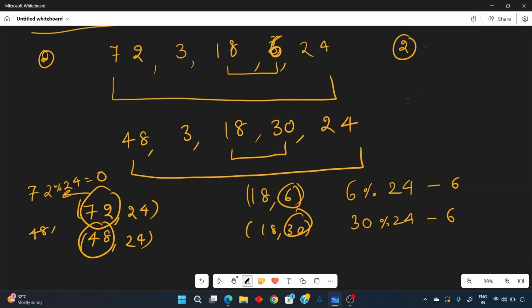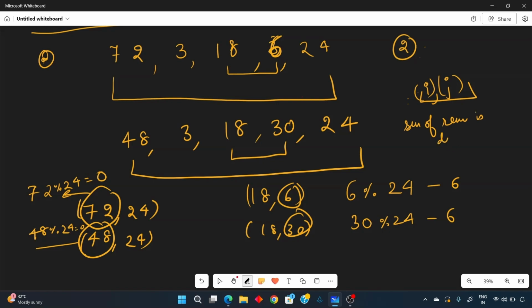Even with the 48, the remainder that you are going to get is 0. So remainders give you an idea. Instead of looking for exact values, why don't we look for remainders? When can we say a pair of numbers, present at indexes i and j, can form a pair between them? If the sum of remainders